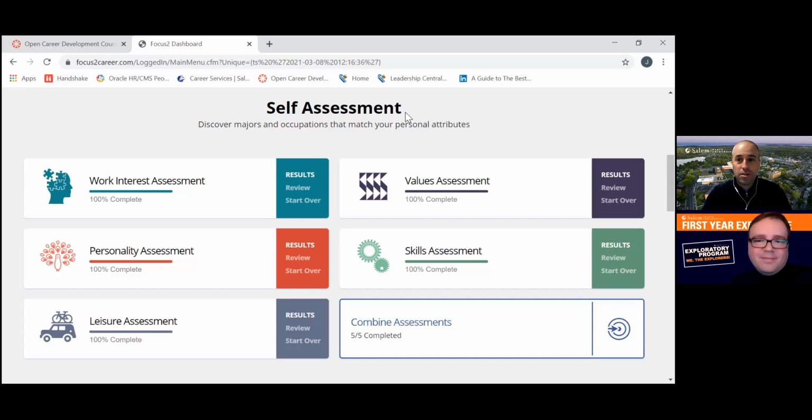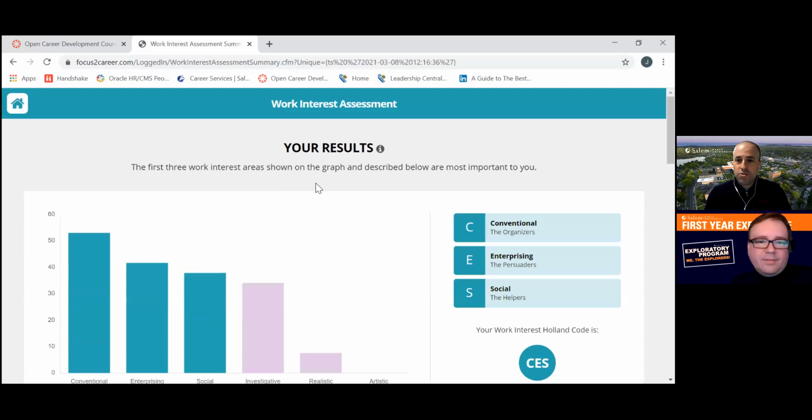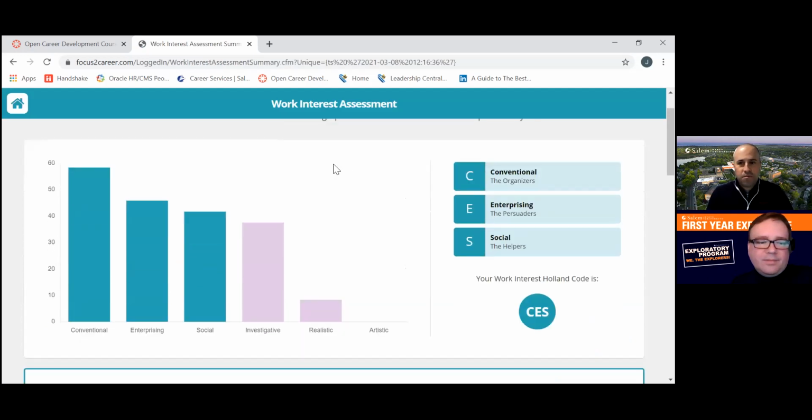These are aligning a lot of what you're saying about yourself. And then two, you could always retake this stuff if you needed to and you wanted to. So what I want to show you first is just my results from the work interest one, because it's going to first show you